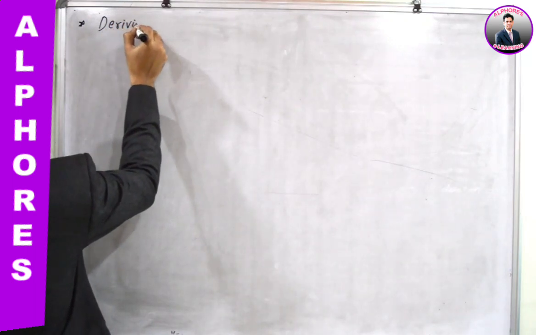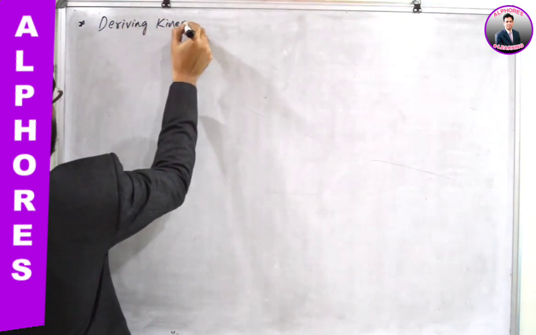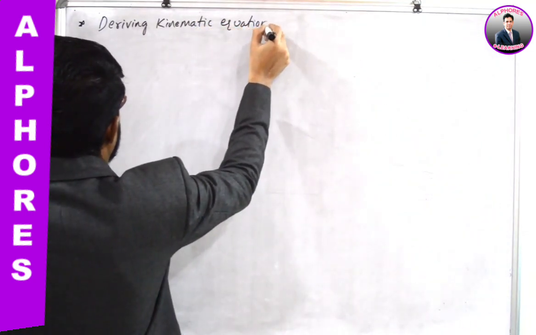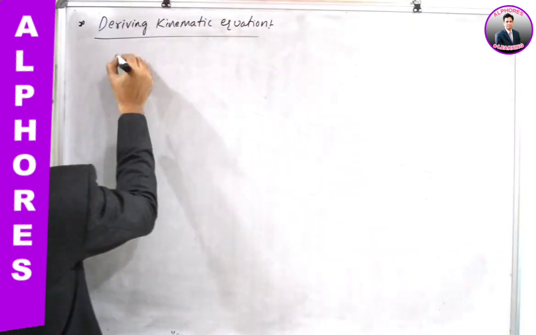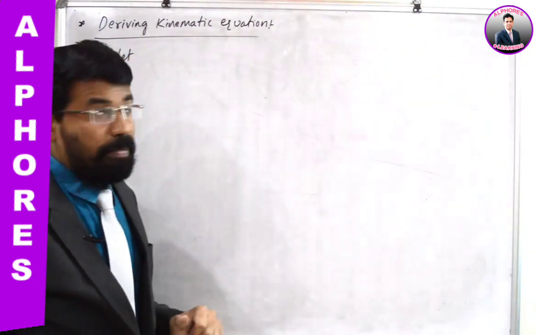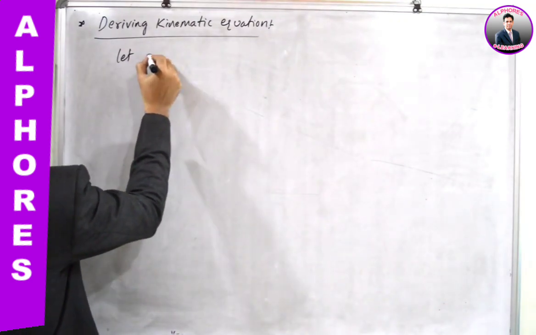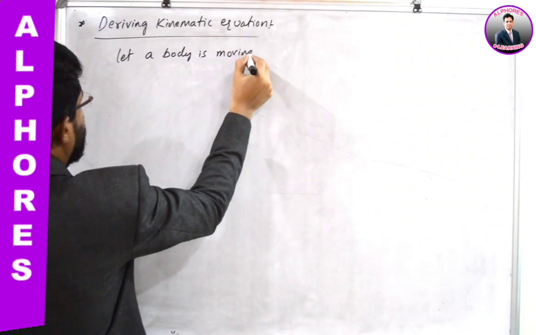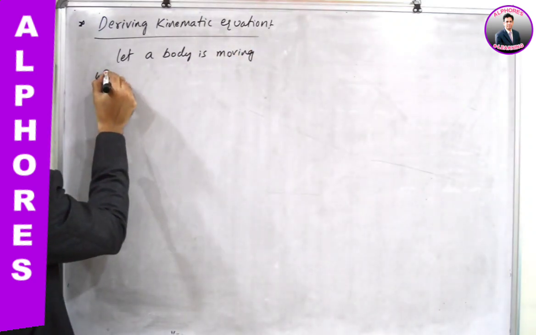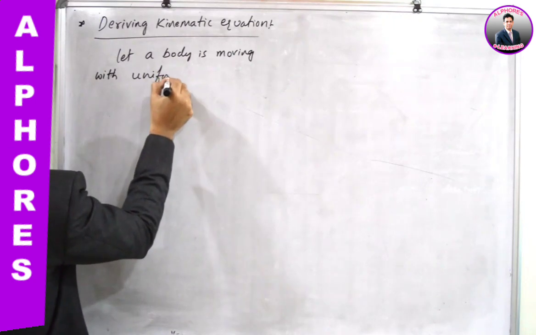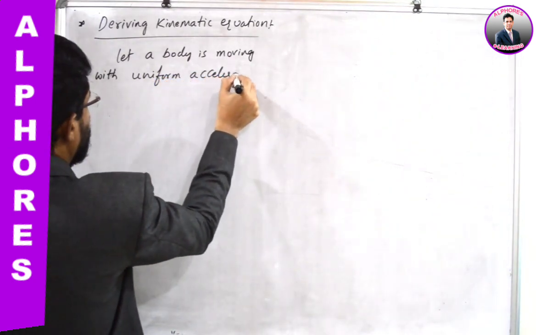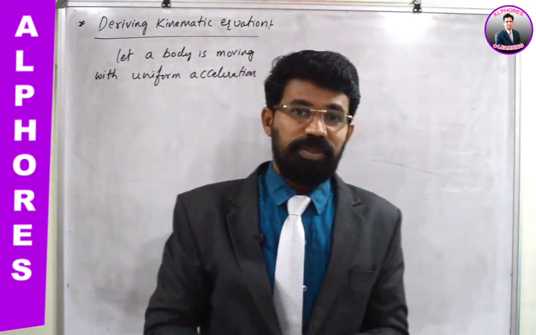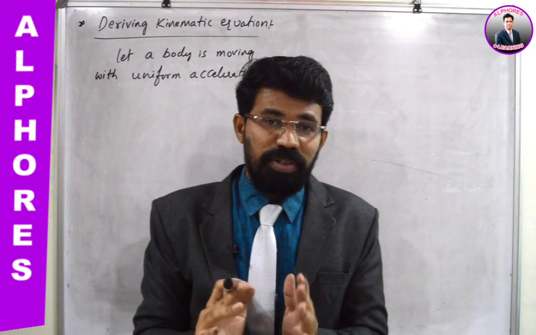Deriving kinematic equations. Let a body be moving with uniform acceleration. Whatever equations I will be deriving here are valid only when the body is undergoing uniformly accelerated motion,